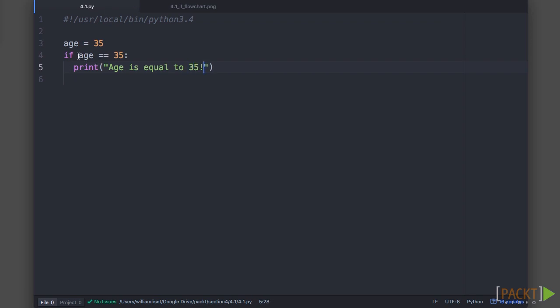So the if statement checks if this condition is true. The double equals is a comparison operator, while the single equals does an assignment. The double equal checks for equality. And once we put a colon, we indent. Indentation is very important in Python. You will come to learn this in future videos, but essentially everything inside this if statement is denoted by having an indentation. So now if I run this, then it says age is equal to 35, because the variable age